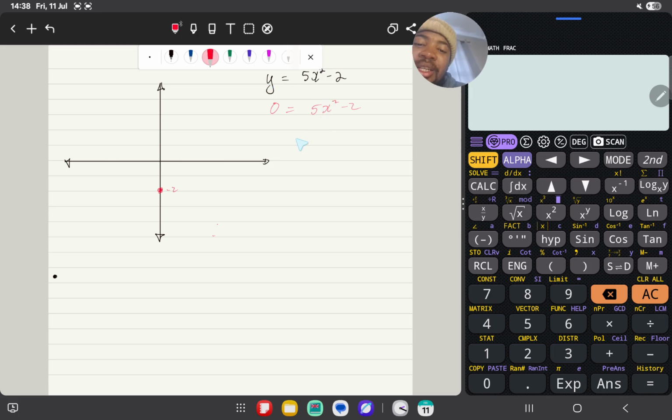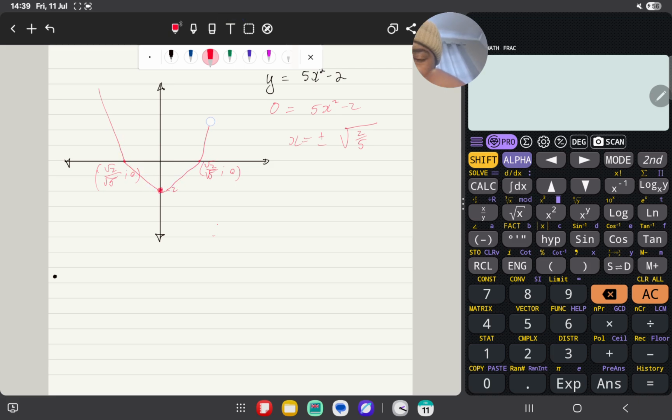So after solving this, we did get that x equals plus or minus square root of, was it? Yeah, square root of 2 over 5. So those points, they'll be here, so this is square root of 2 over 5, 0. This will be minus square root of 2 over 5 over square root of 5. I forgot square root of 5, and then 0, right? So now when you plot it, you're like this,